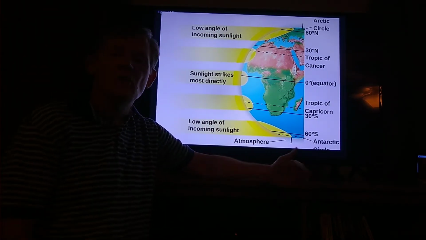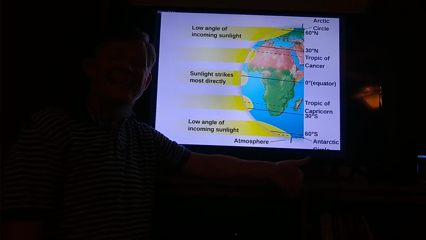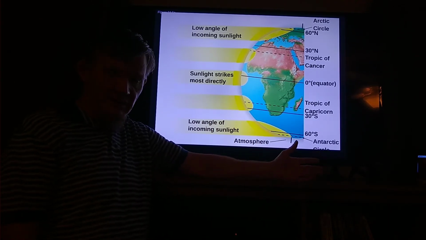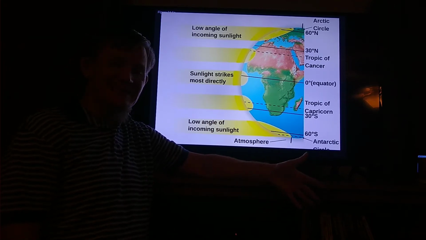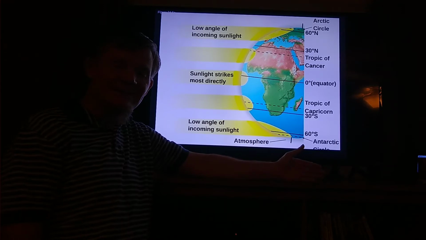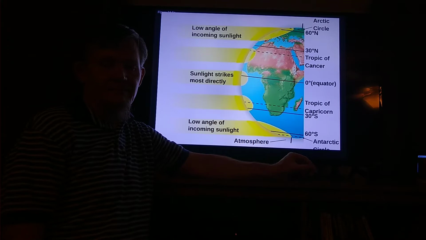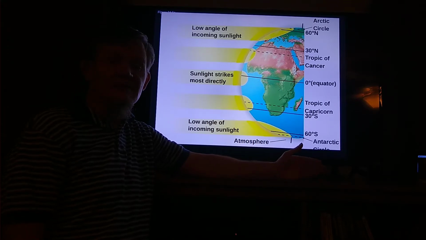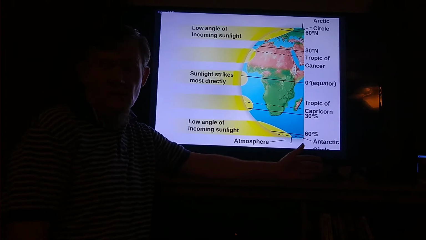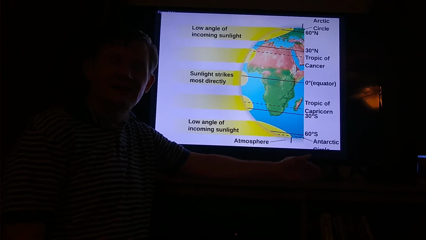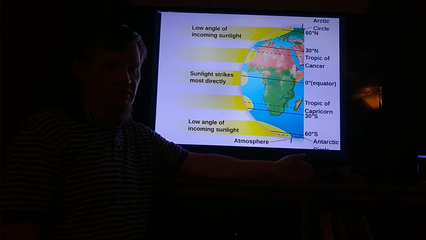This is why it's so much colder at the poles. Far less energy, far less heat is striking those areas. The light is much less intense. If the light is much less intense, what does that mean for the ability of the plants in those areas to photosynthesize? It has to be less. If there's less energy striking any given square meter, that means that there's less energy to be used, and therefore less photosynthesis that can be done.